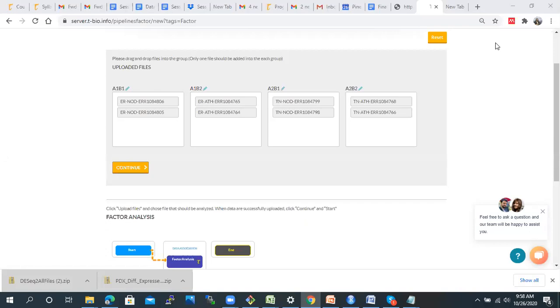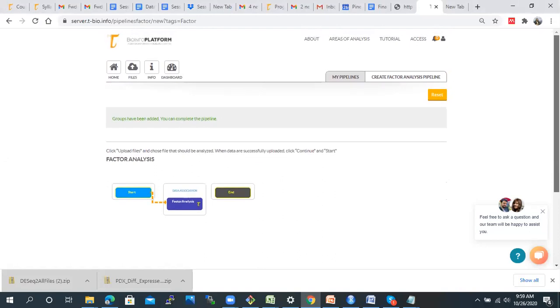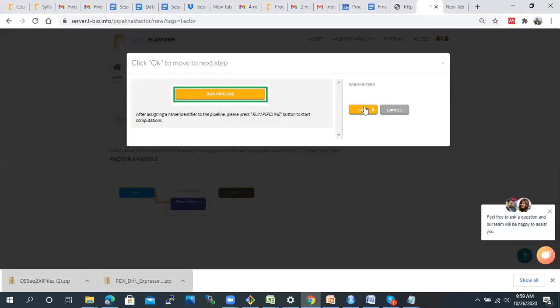Apart from Samyukta, is anyone able to upload your file and select the factors or not? Just let me know about it.